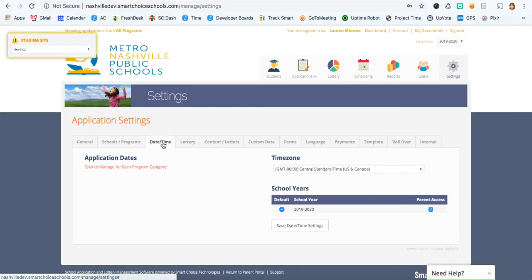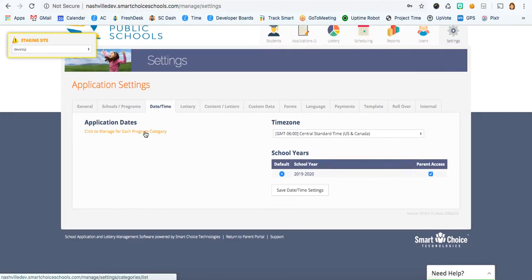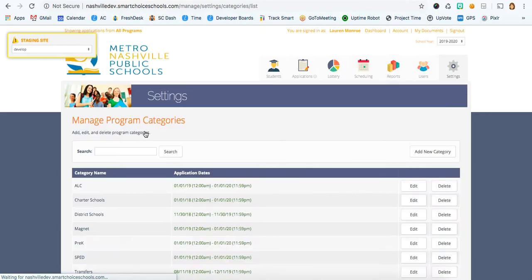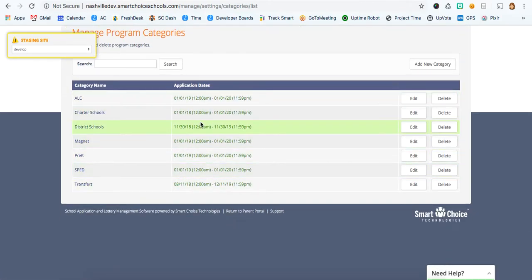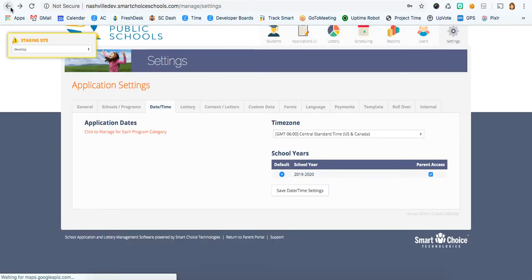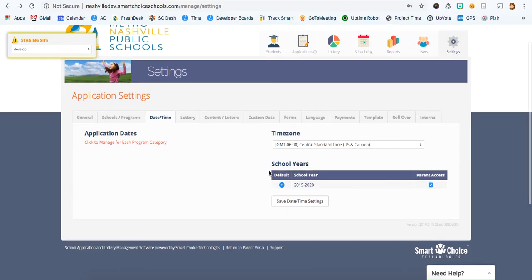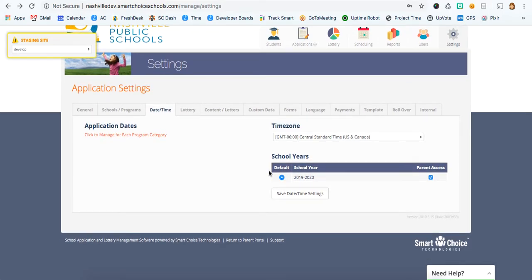Okay, if I go to date and time, I'm able to easily access the date and time for each program category. I can click edit and edit the same way. I'm able to select the time zone, and whenever we roll over the system, you'll be able to see different